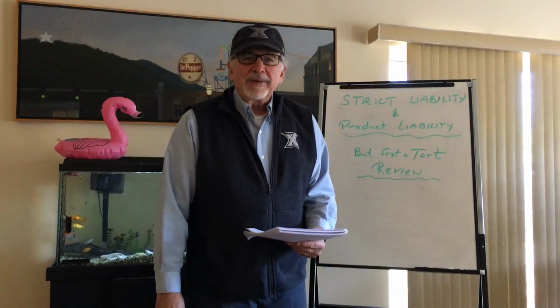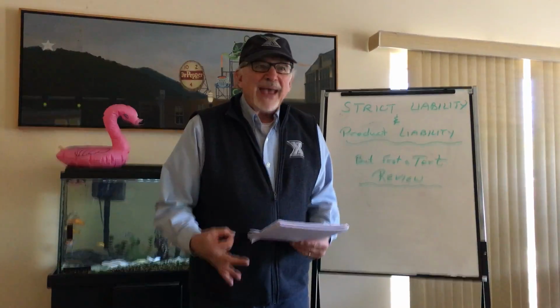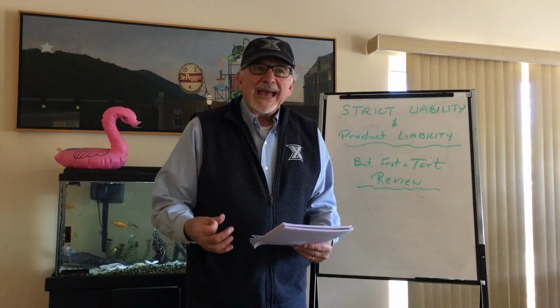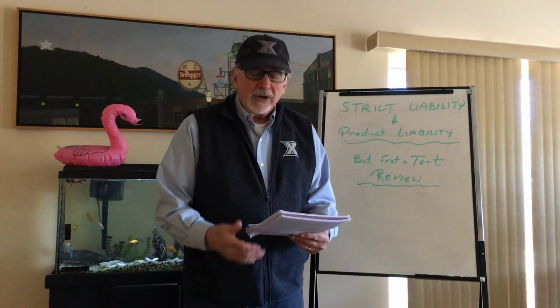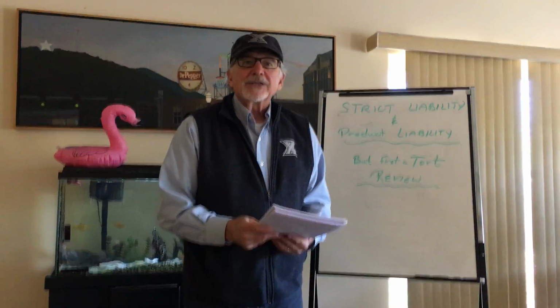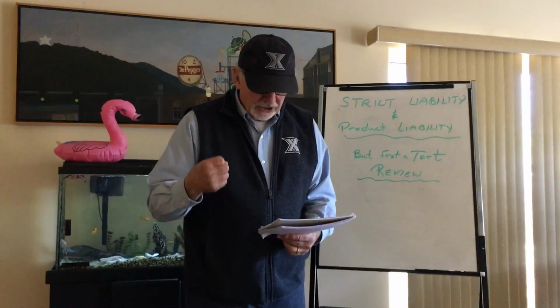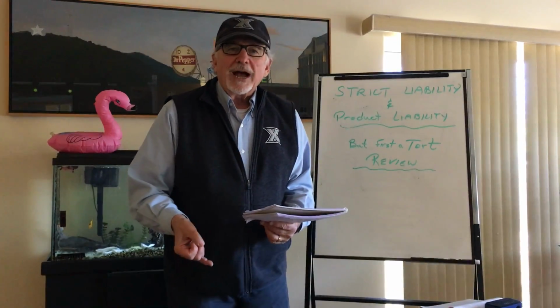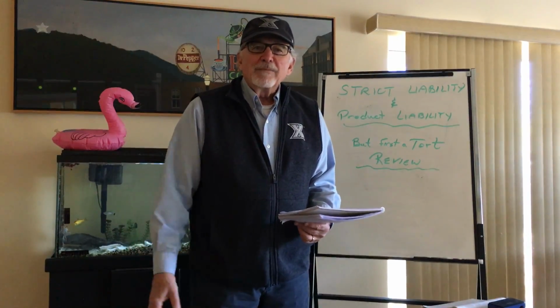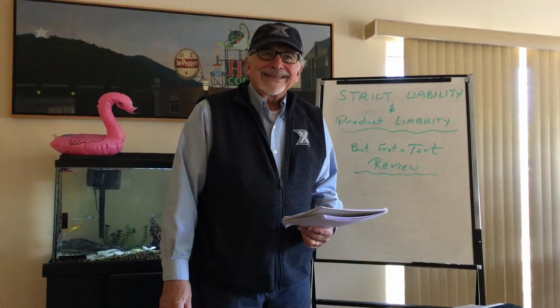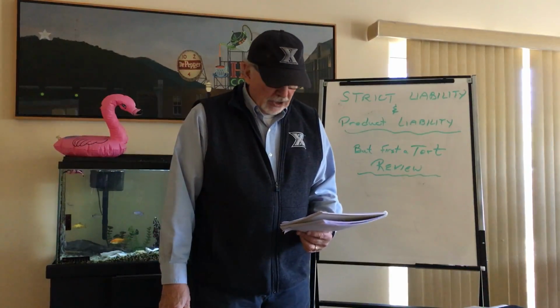In the United States, the way we take care of damage to people and to property is by paying money. Money damages are what people get for injuries to themselves or their property. Remember, there are three kinds of damages possible in a tort action. One is compensatory damages, which compensate the person for their actual damages, like the cost of their car, the cost of their medical hospitalization, the cost of their lost wages.